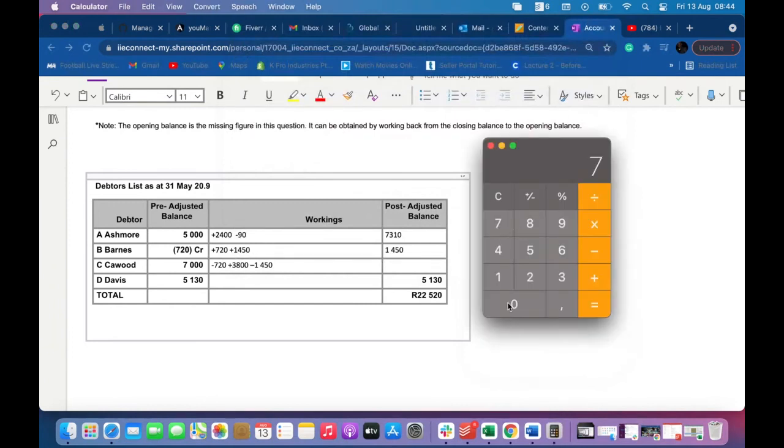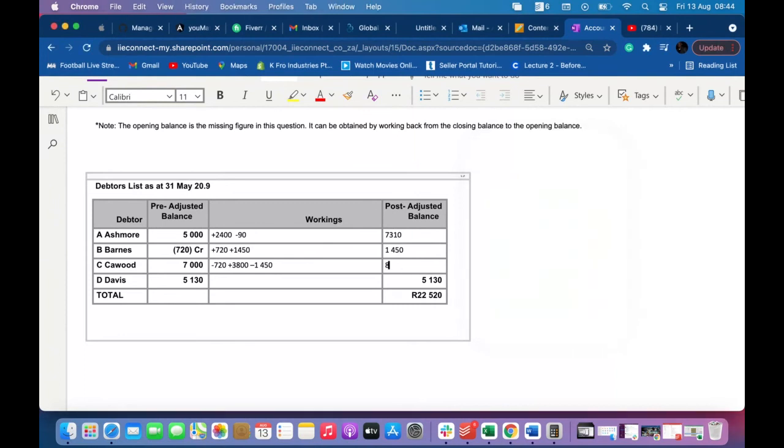Okay, 7,000 minus 720 plus 3.8 minus 1,450, 8,630, 8,630. Okay, now if you add all those together, you should arrive at this